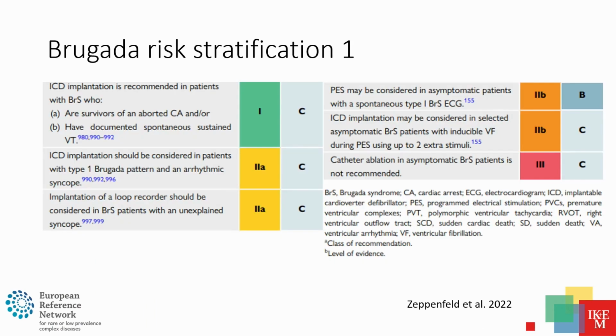Brugada risk stratification is as in all of the syndromes. All patients who are cardiac arrest survivors or have documented ventricular tachycardia should receive an ICD. It should also be offered to patients who have suffered from arrhythmic syncope. And what is also very important is that in patients or in relatives with documented Brugada syndrome, there is